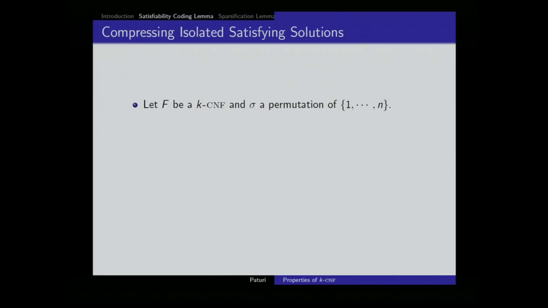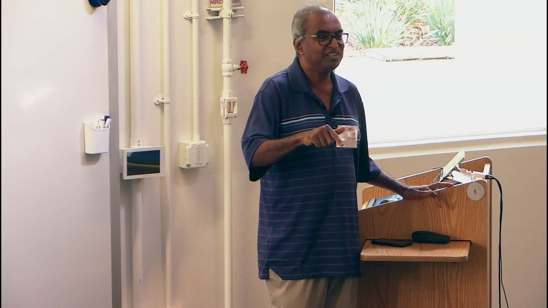So what we are going to do is take advantage of the critical clauses to compress the solution. So we have a shorter code for this isolated solution, given that we have critical clauses. The idea is that if you know that all of them are 0 but one, then you can guess, if you know the other variables and their values, that this variable must be 1, and then you can determine its value. So this is like the unit clause heuristic.